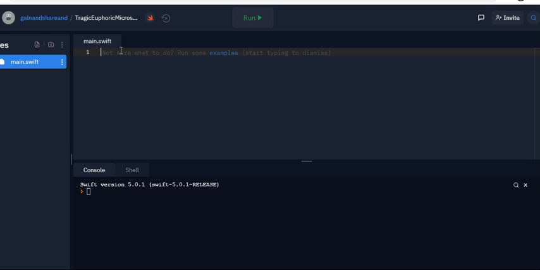So first of all I'm going to choose import, and then I'm going to choose Foundation. Before choosing Foundation, I'd like to say one thing: the first letter should be capital. Yeah, here I had chosen Foundation, and then next let's simply print with the help of this print statement. Let's print, whatever it may be, I'm going to print hello world, right?